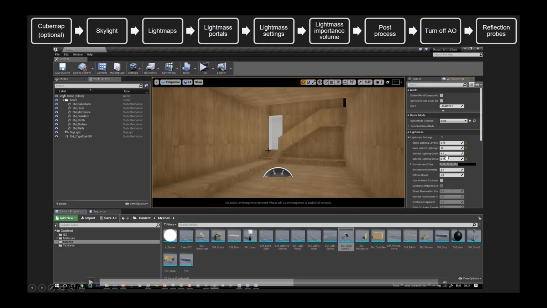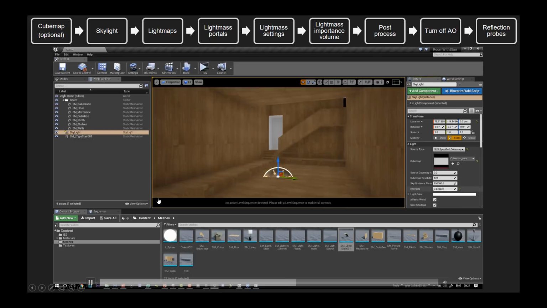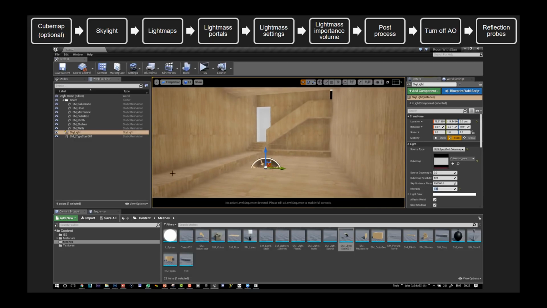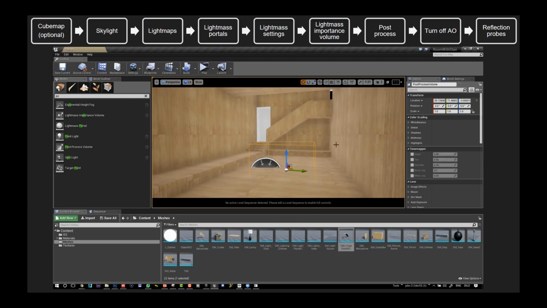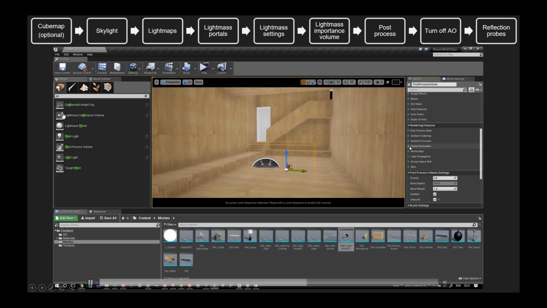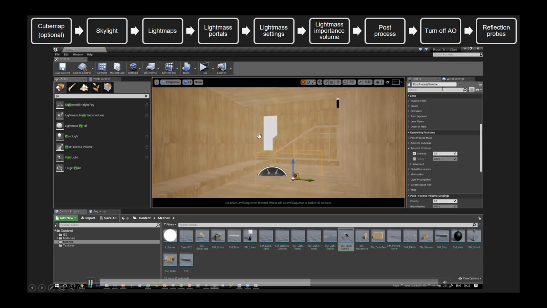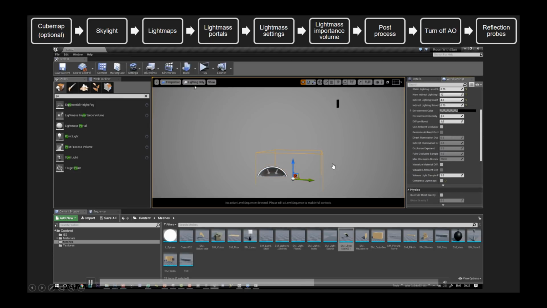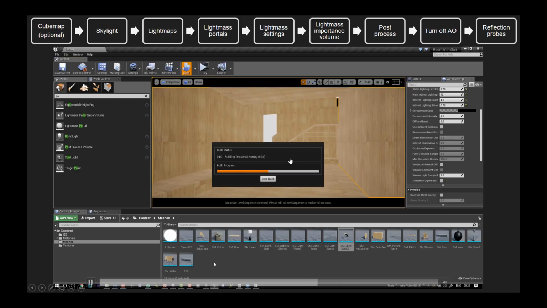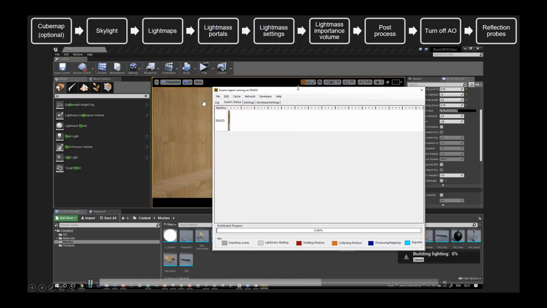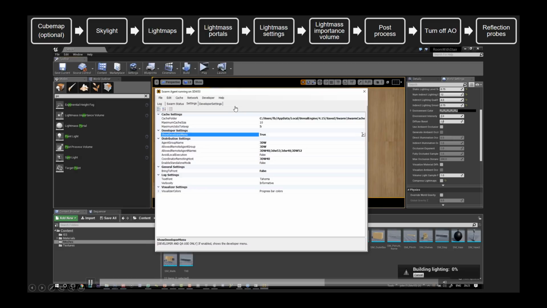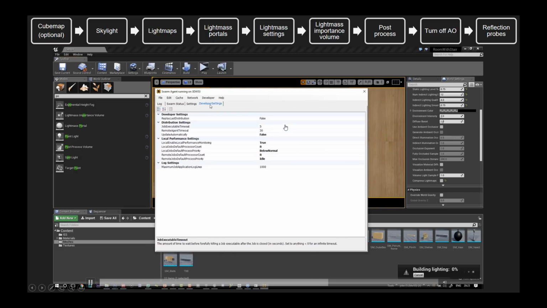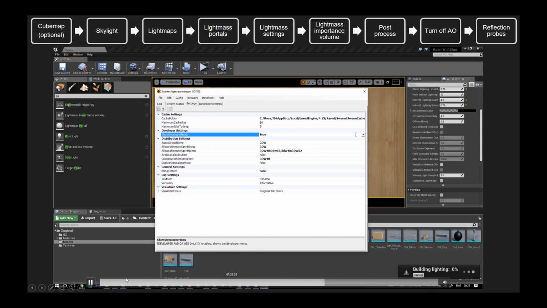You can bump that up to 10, 20 if you need for the final render, but when I'm working, I either leave it on 1 or 4. Okay, and so here I've put it on, you might not have seen because I was going too quickly, but here I turn my ambient occlusion off with a post-process volume, and I've set my exposure on 0, and I've got my skylight. So just quickly here, while we're rendering,